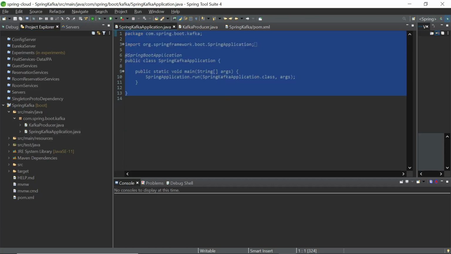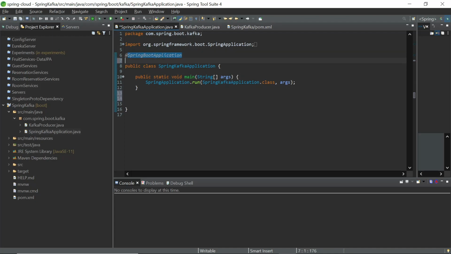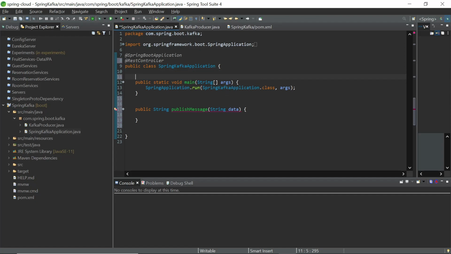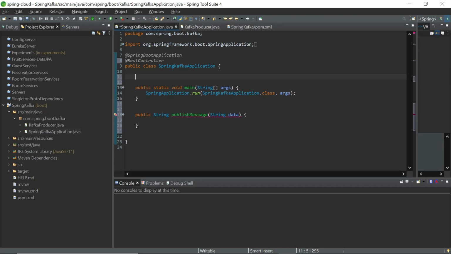So in order to try it out, let's turn this into a REST controller and expose a method which we can access from the browser, right? And of course we will need the Kafka producer here.